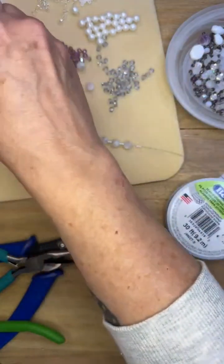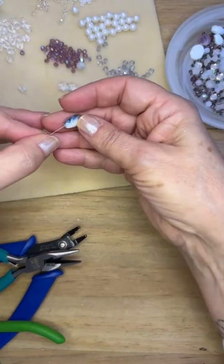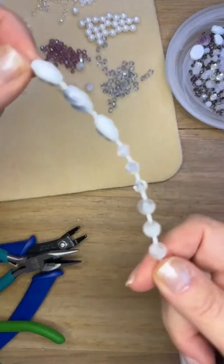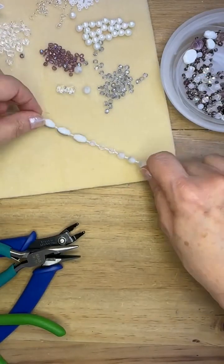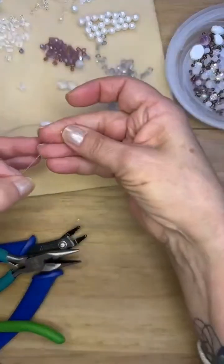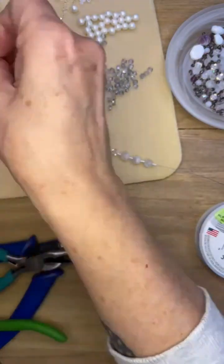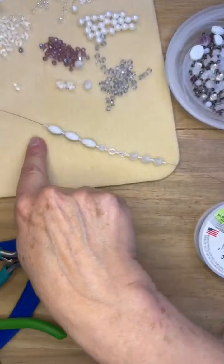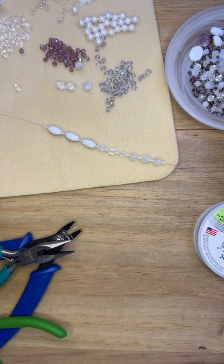So I did a show a while back where I don't know if bead blocking is a thing, color blocking is a thing, but I'm calling it a thing, where I'm just adding blocks of beads and doing trios. You can do more than 3, you can do less than 3, but the continuity throughout is our seed bead. And I chose the